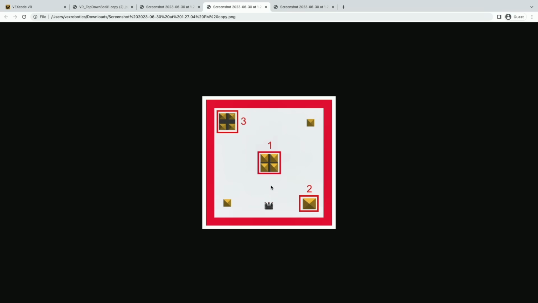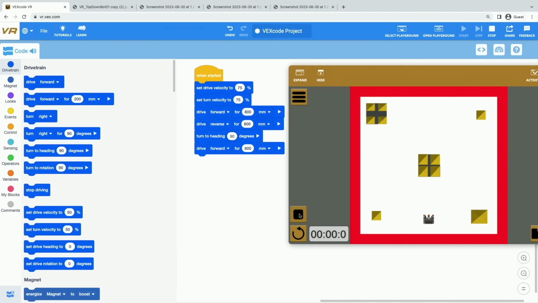Now, how are we going to get back here to go crash this 3rd castle? So let's crash these 2 and then see where our robot ends up. So now if we start our project, we're going to drive forward, come back, turn, and we crash that right castle. Well, we can probably go back to the start here, right? And then that'll put us closer so that we can drive all the way up the field and then turn around to get to that 3rd castle.